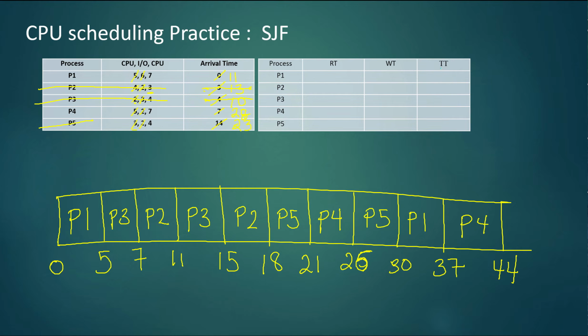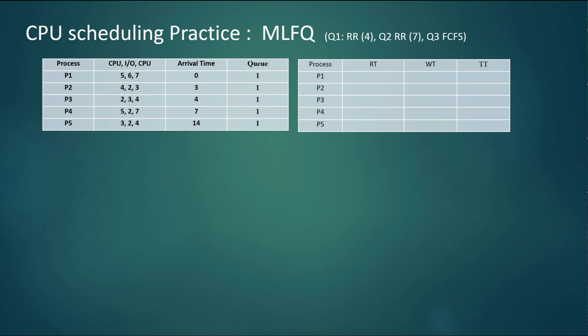So now let's move on and do multi-level feedback queue. Multi-level feedback queue is going to be much more complex because not only do we have a different algorithm depending on what queue they are in, but they also will migrate to different queues depending on different behavior. And when you have lower priorities and higher priorities, they can also be preempted. So this is a little more complex. So let's get started